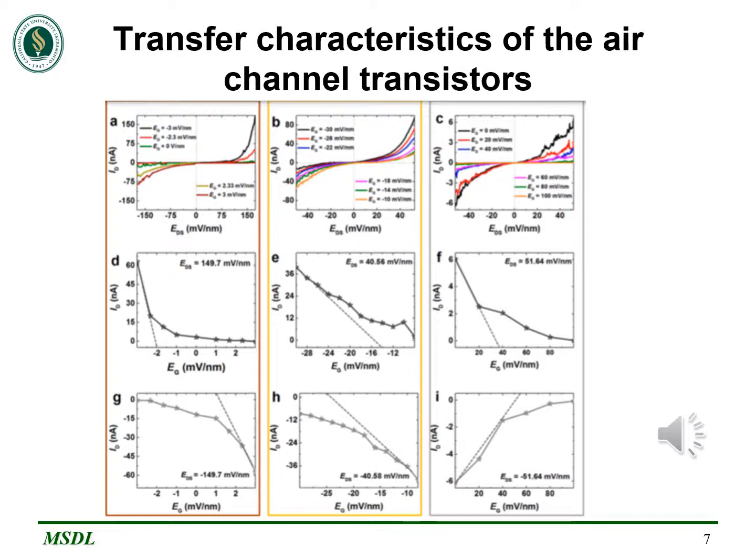Due to the localized melting, tips become blunt and field emission degrades at lower electric field. However, tungsten, with its high melting point, is observed to be stable at high electric fields of 150 millivolts per nanometer. The transfer characteristics of the air channel transistors in positive and negative bias are presented in figures D, F, G,